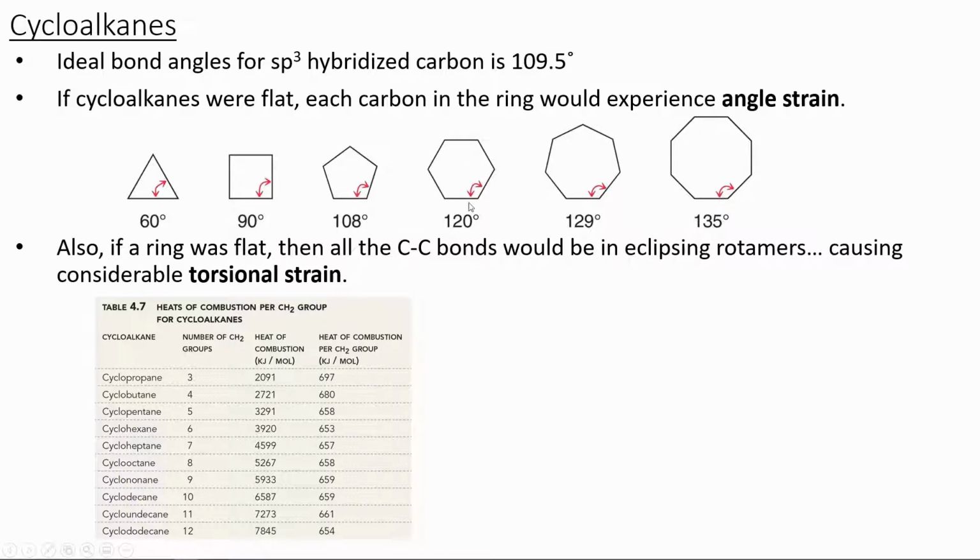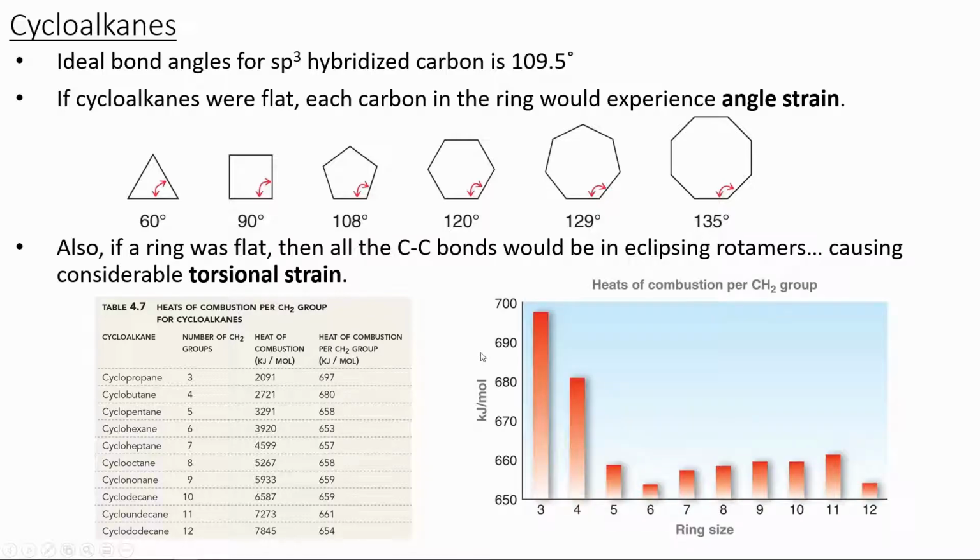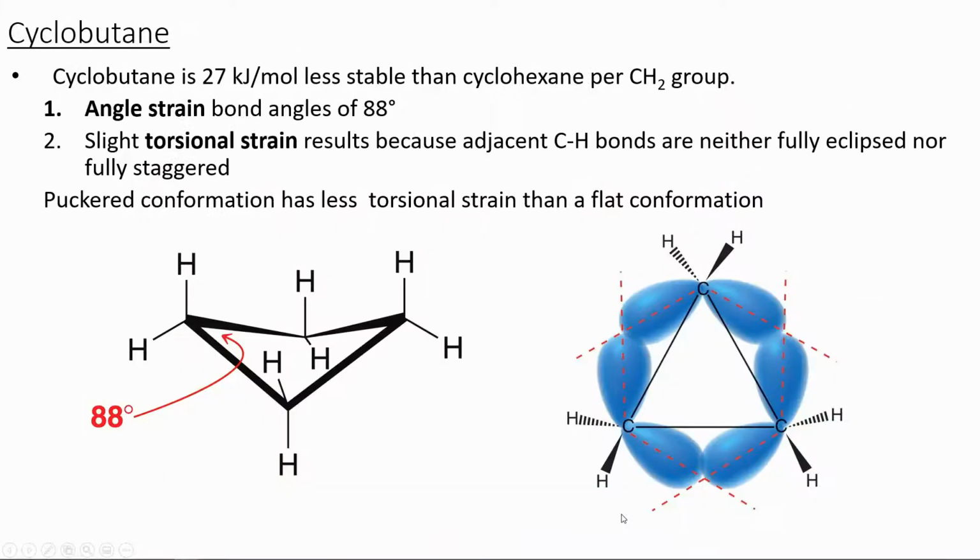But there must be something special about the 6-membered ring, because look, the bond angle is 108 degrees for the 5-membered ring, so you would expect that to be the lowest, but it's actually the 120 degrees with the 6-membered ring that is the lowest. And you can see this data represented in a table. We see that a ring size of 6 is the most stable size of the ring. So why is that? Well,